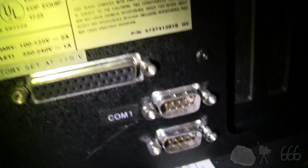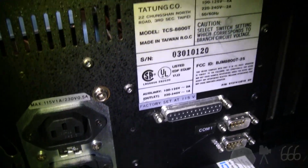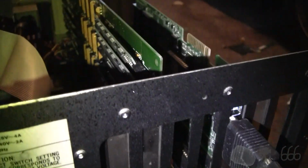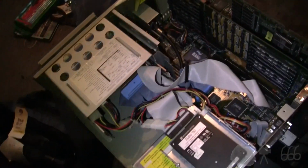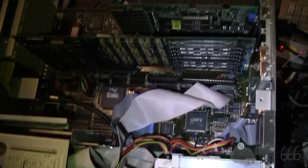Parallel port is there, and there's two serial ports. Curiously, they're both 9-pin serial. There's no 25-pin on this. There's your expansion slots. I'm going to go ahead and scrounge up some covers and cover up those empty slots because I don't really plan on installing anything in this. Maybe a sound card. In fact, there's a sound card that's sitting down there right now. I might just go ahead and install it